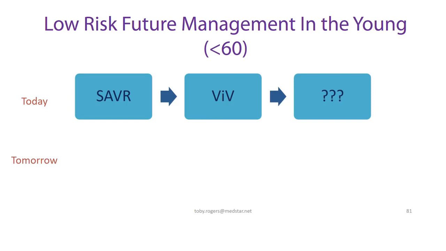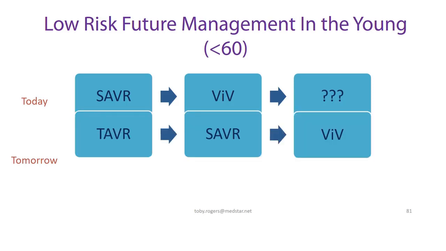So to be provocative, maybe we'll change the sequence and take the young 60-year-old. If he's doomed to get a bioprosthetic valve anyway, we'll give him a TAVR. Then if he has to replace the TAVR 15 years later, he will get a SAVR, and that will take another 10 years. And then if he needs another one, he'll have a valve-in-valve, also through a TAVR. So that's an interesting, provocative scenario: to start early on with the TAVR and not with the SAVR.